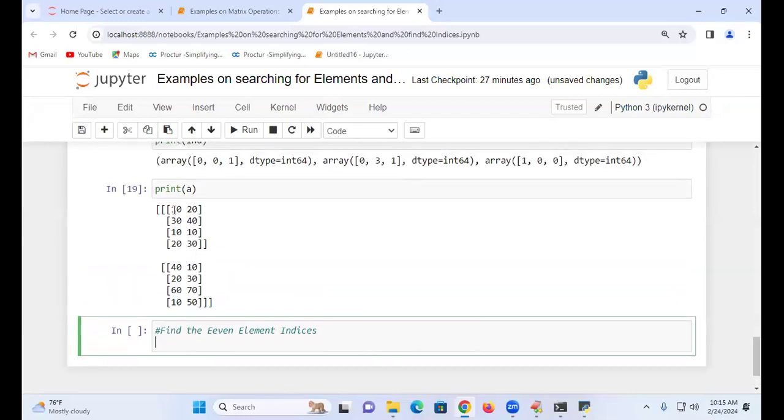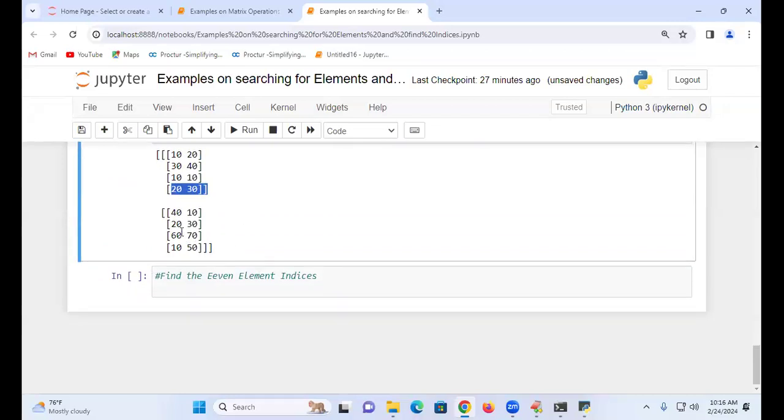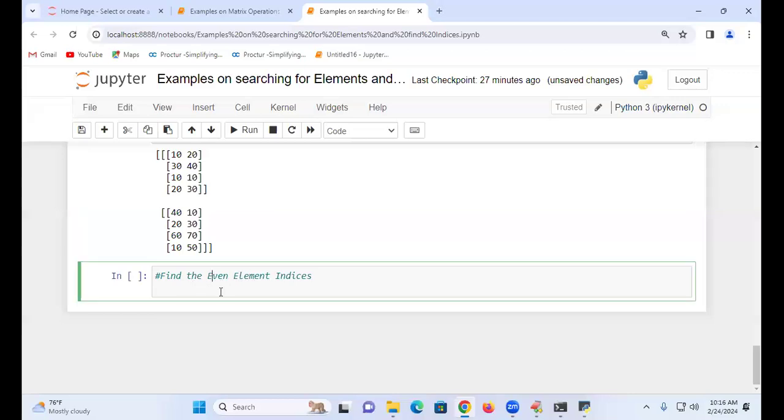10 is even, 20, 30, 40, 10, 10, 30. Okay, next, all of them are right. Now, what I want to find is the even. This is giving all the element indices, but there is nothing fun in that. I want to find out